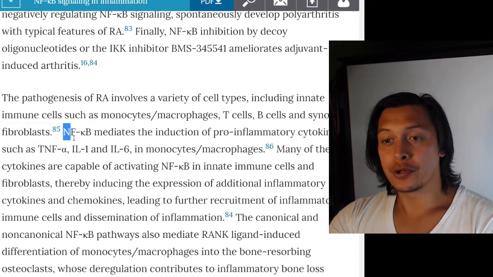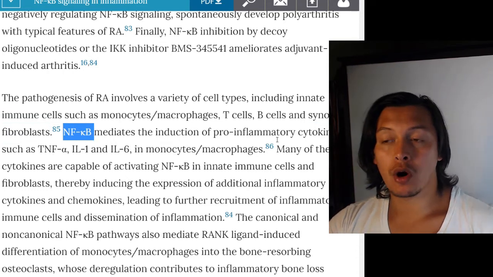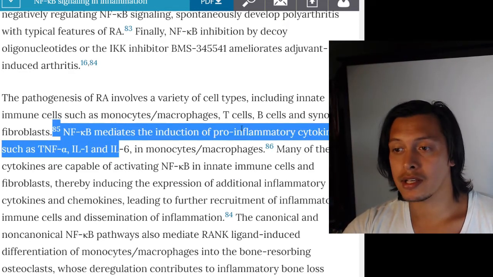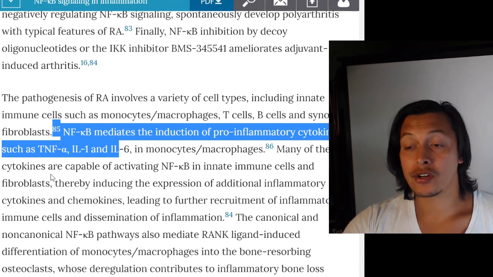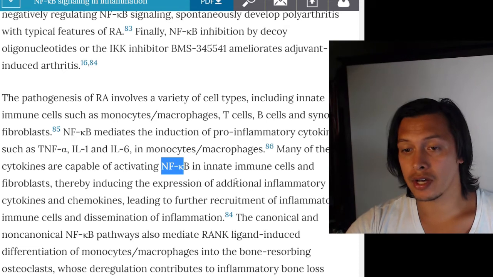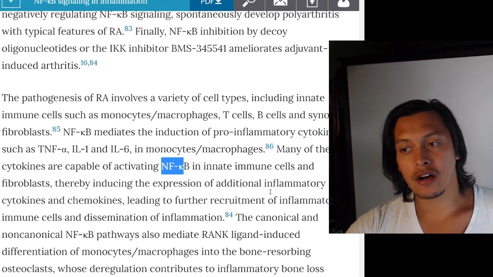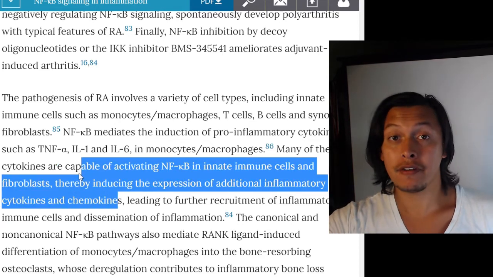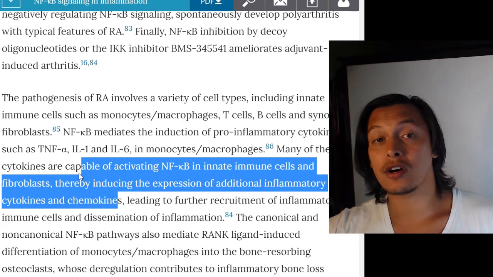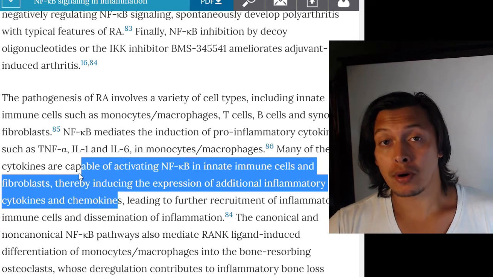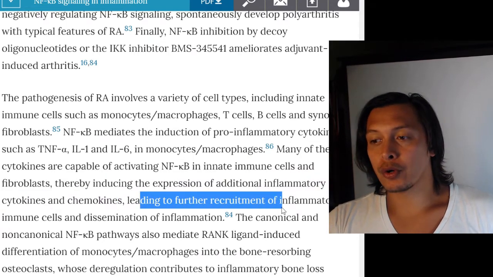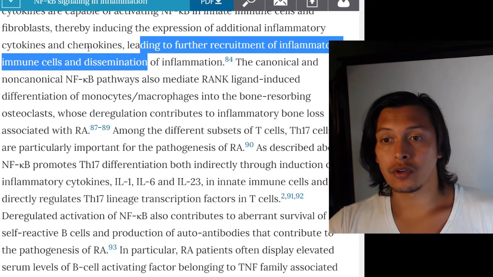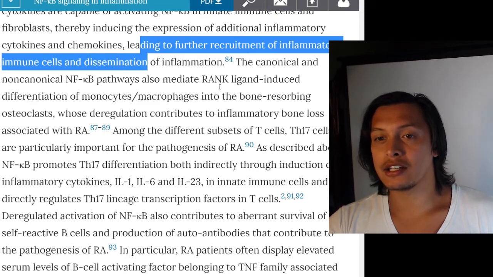So nuclear factor kappa B mediates the induction of pro-inflammatory cytokines such as TNF-alpha, IL-1, and IL-6 in the monocytes and the macrophages. So many of these cytokines are capable of activating NF-kappa B in innate immune cells and fibroblasts, thereby inducing the expression of additional inflammatory cytokines and chemokines. So remember, this is the positive feedback loop. Pro-inflammatory cytokines are causing the induction of more pro-inflammatory cytokines. So this is leading to further recruitment of inflammatory immune cells and dissemination of inflammation. The canonical and non-canonical nuclear factor kappa B pathways also mediate RANK ligand-induced differentiation